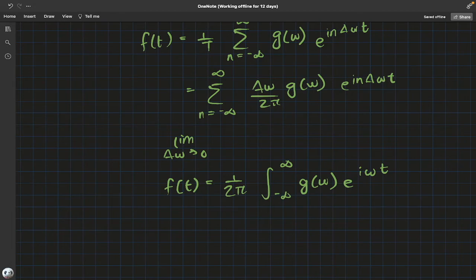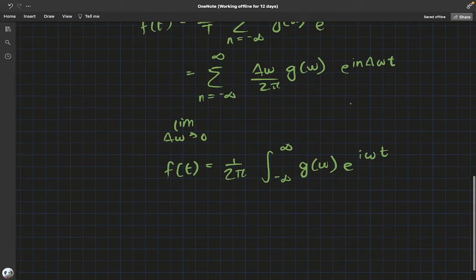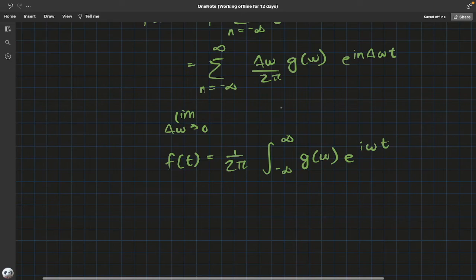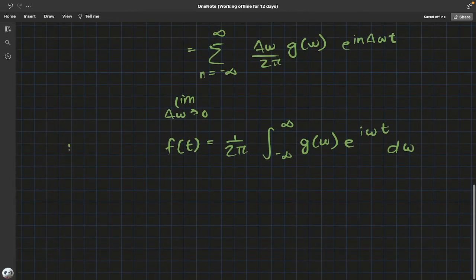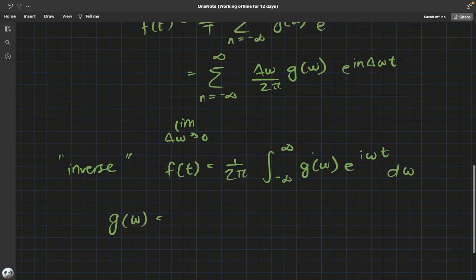N times delta omega, they sort of get rid of each other in the limit, d omega. This is your inverse Fourier transform, but we're going to be a little more symmetric about this because we have this 1 over 2 pi factor, right? So we're going to distribute this over the transform integral and the inverse integral. So this was the inverse, right? So the Fourier transform is g of omega, this original guy here,